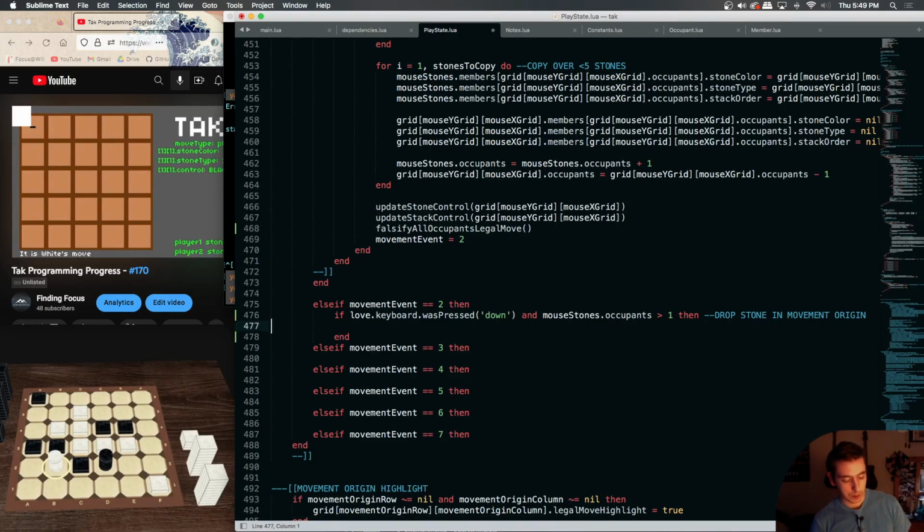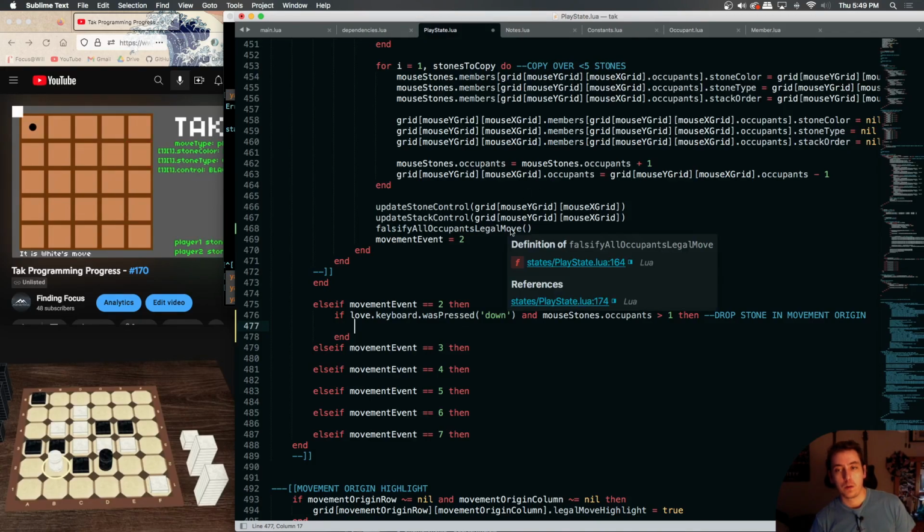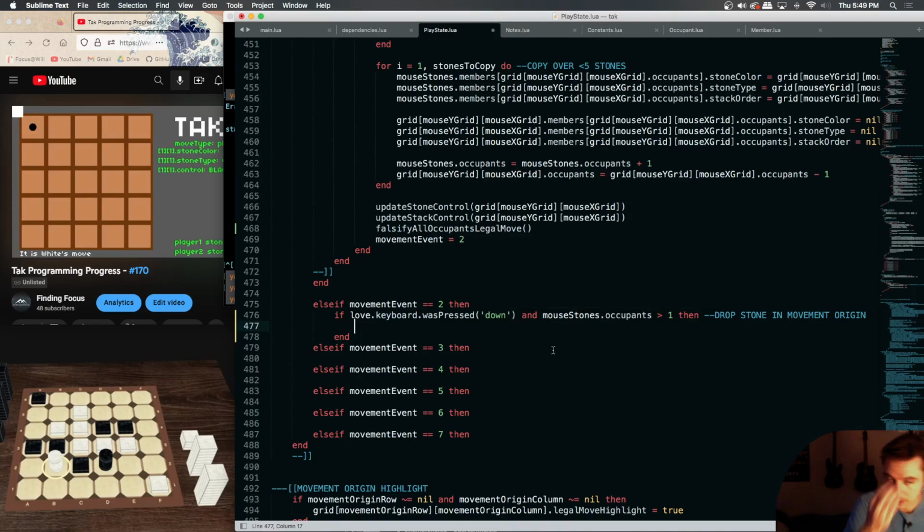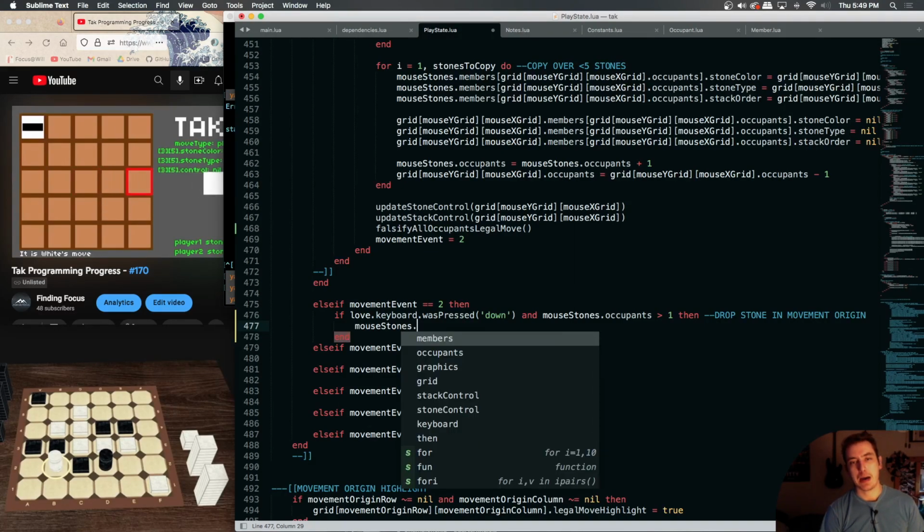So this is pretty easy. Once again, it's the same-ish logic, right? Where we're going to say if down is pressed, then we need to copy from our mouse stones. Now we need our